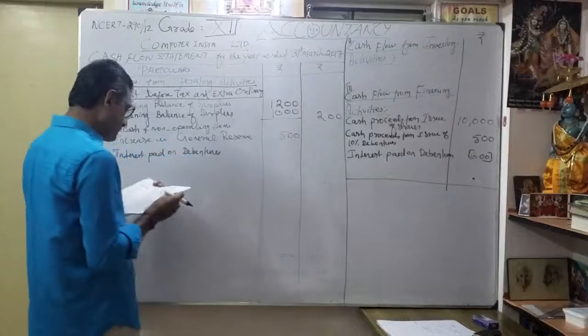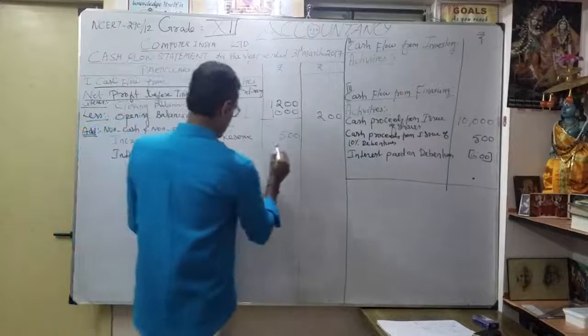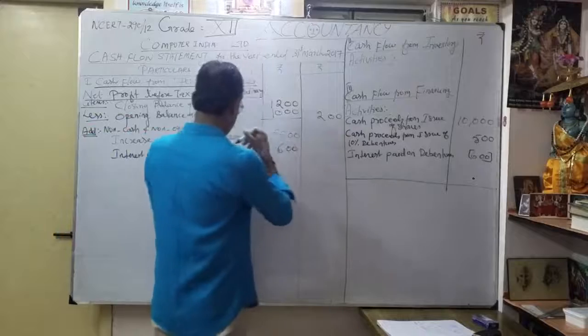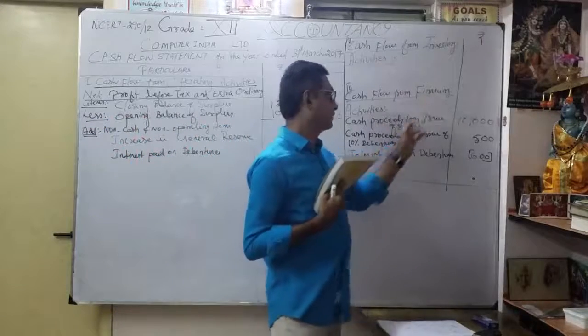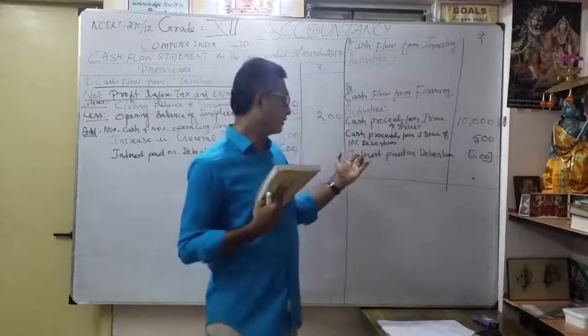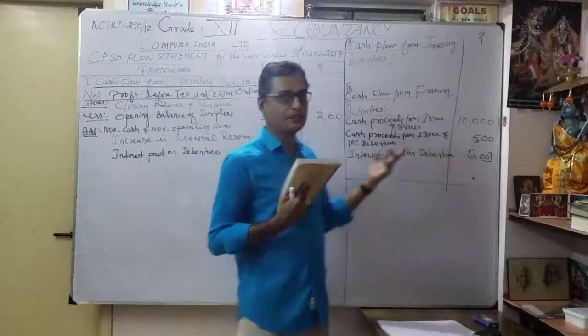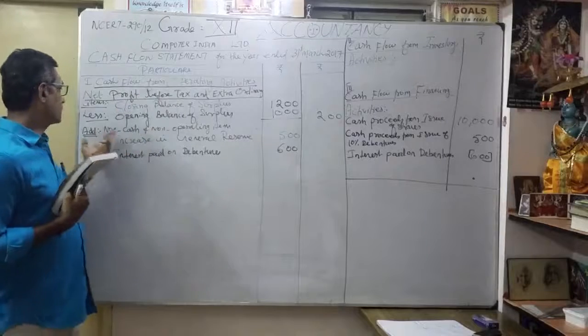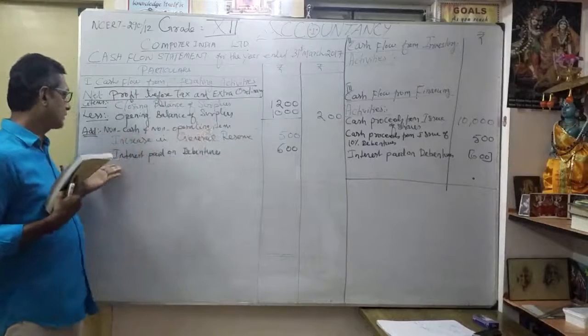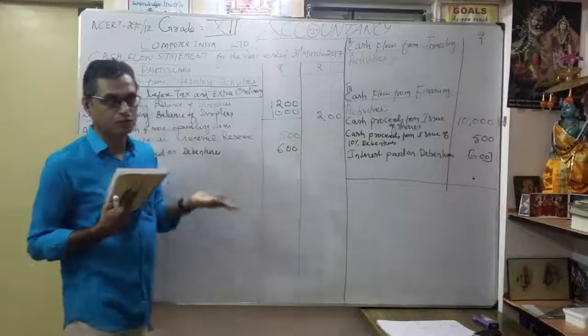How much? That is 600. Okay, that's what you should be very careful. Any interest on debentures, that rate first under finance activity, the cash outflow. Interest paid on debentures 600. Similarly, coming to our operating activities, under the non-cash and non-operating items, you have to write interest paid on debentures. You want to add, correct?